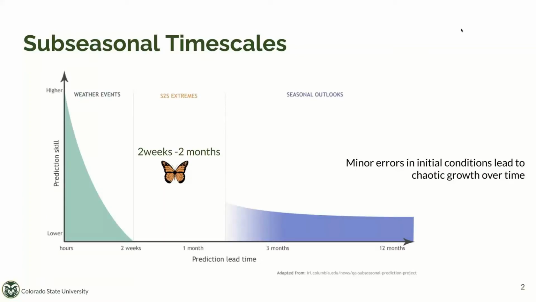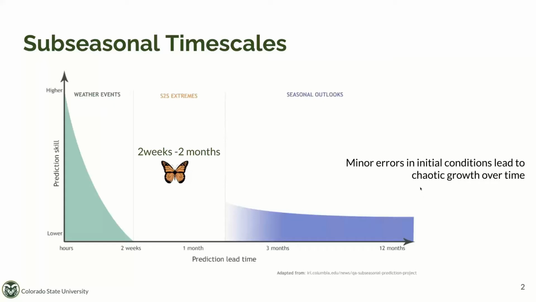Here I have a schematic of prediction scale versus prediction lead time, where prediction scale is on the y-axis and prediction lead time on the x. On these weather timescales, or hours to about a week, we have relatively high prediction scale, but this rapidly decreases towards these subseasonal timescales, which are these 2 weeks to 2 month timescales. And then again, we have some prediction scale that pops up on these seasonal outlooks due to phenomena like ENSO